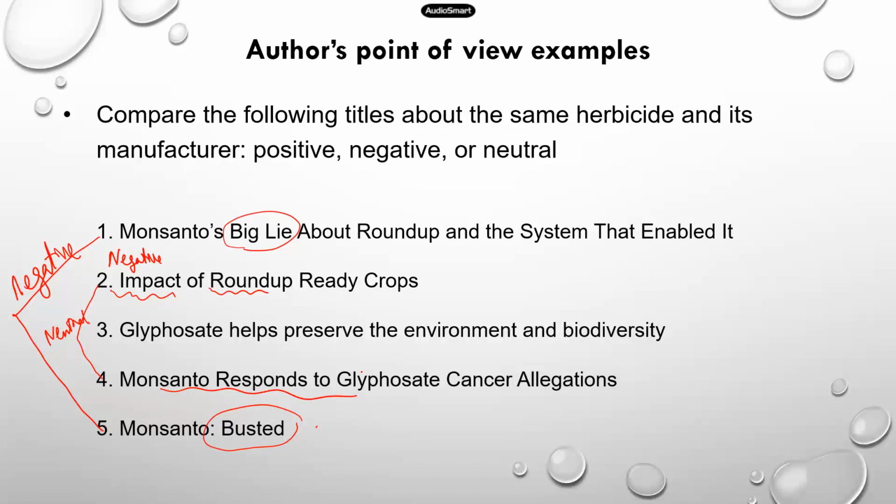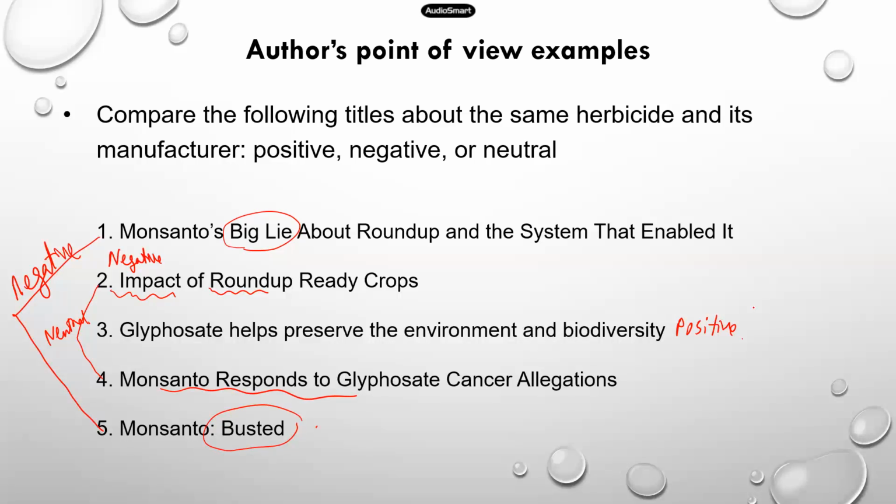The author didn't mention whether Monsanto is responsible for those allegations or not. And number three, glyphosate helps preserve the environment and biodiversity. That has a very positive tone, right? It helps the nature, helps conserve the environment and conserve biodiversity. All right, now once you see the different tones, different points of view, let's look at who came up with